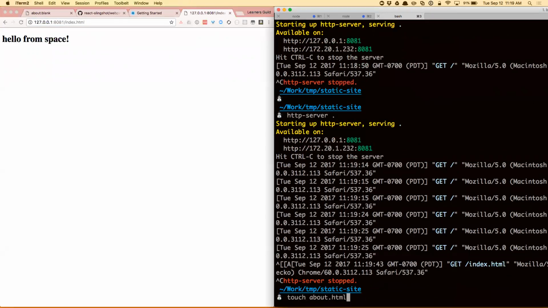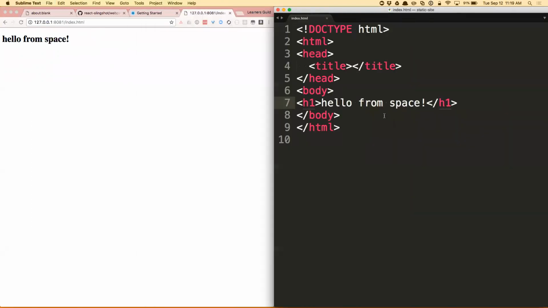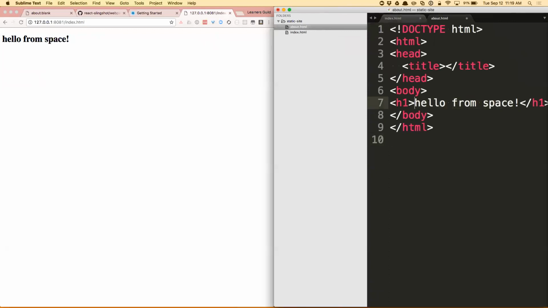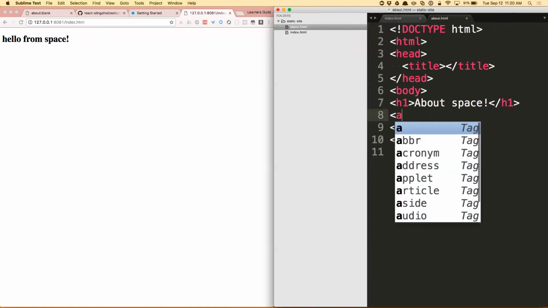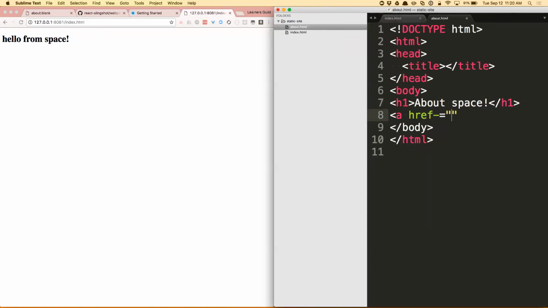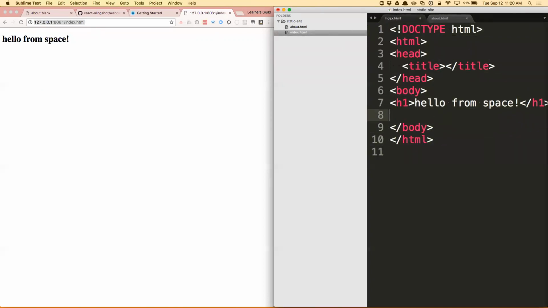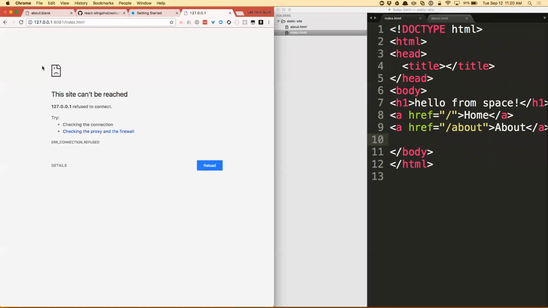I can put an about.html in here and make an about page, and then put a link to the home page. If I put these 2 links here on the index page,